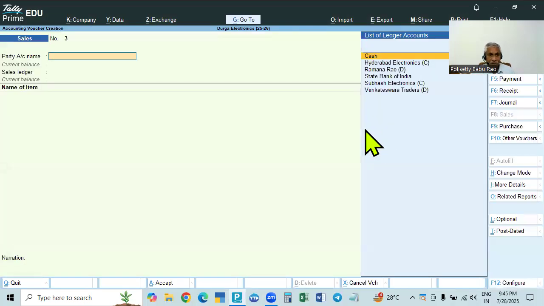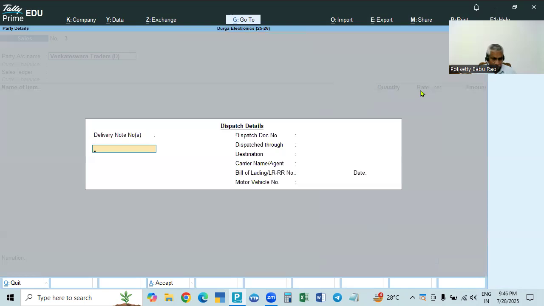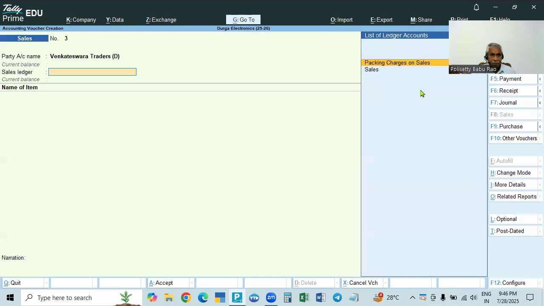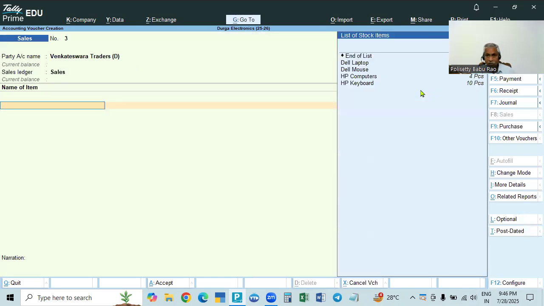So we have tax also, so item invoice we are taking. Now we are selling to debtors, for example, Venkateswara Traders. So we are selling. Dispatch details, accept. These are the party details. Now we are selling the goods. Go to the sales, and we take, for example, we are selling